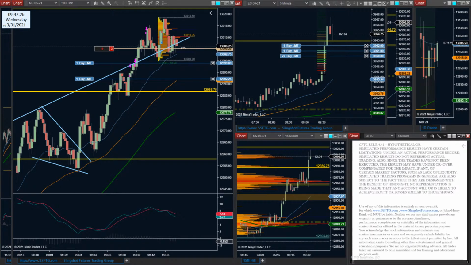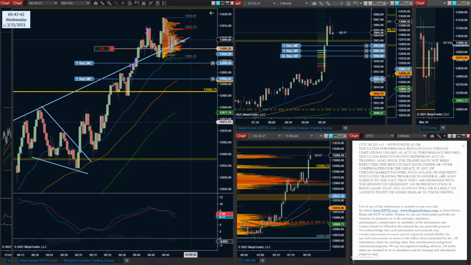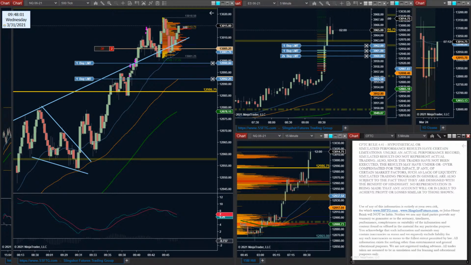Watch the volume on this pullback. Are the sellers nervous? Did they start exiting at break even? This is what we want to see. See if there's a volume dump around this 13,005. Volume still around the 8s, but no real shift or anything. 13,075 was the original point of interest that sellers held off of on the top. Although, again, this is a bullish market. I'm not going to increase risk too aggressively while the market's going higher.